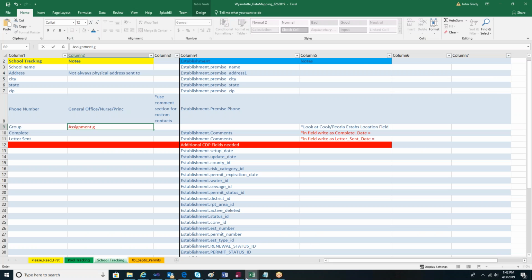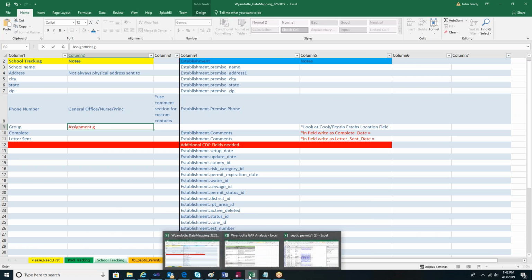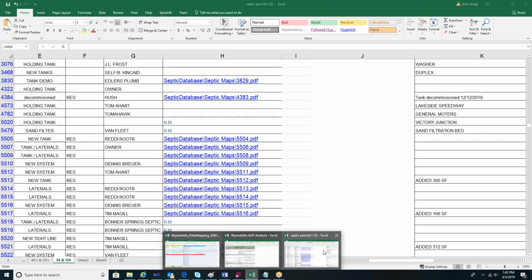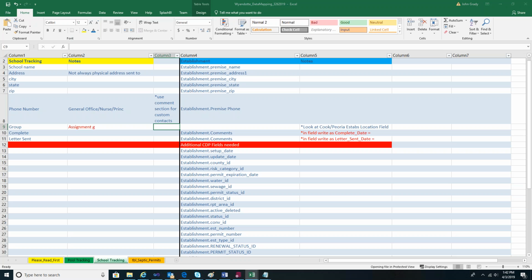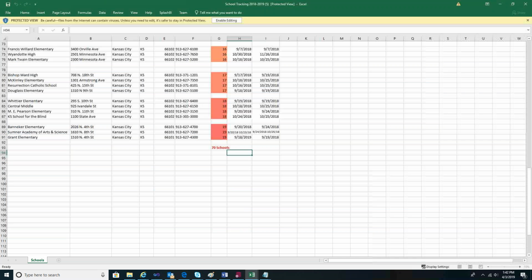Just to clarify everything. It does not want to open for some reason. Really? Huh. Yeah, I don't see it. It keeps opening up the septic. Oh, click on the septic permit. You might have a cell that, since you've got those columns highlighted... There you go. Excel's not going to let you open two things. There you go. Okay, we have it. Got it. Okay, so these are the,